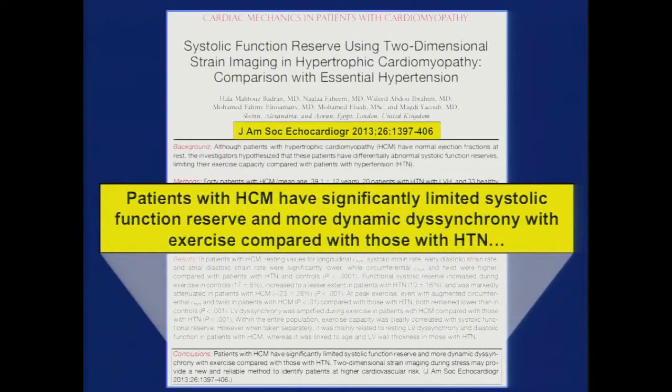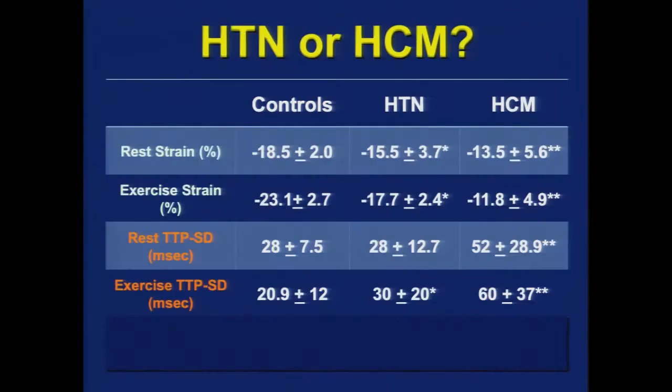those that have hypertension versus those that have hypertrophic cardiomyopathy, because it really harps on the discussion we had a few moments ago. If you look at patients with hypertension or hypertrophic cardiomyopathy versus controls, at rest the longitudinal strain is decreased. The hypertrophs during exercise were not able to augment strain the same way that the hypertensives were. The hypertrophs, not surprisingly, had more of what is defined as dysynchrony because they may have heterogeneity in wall thickness.